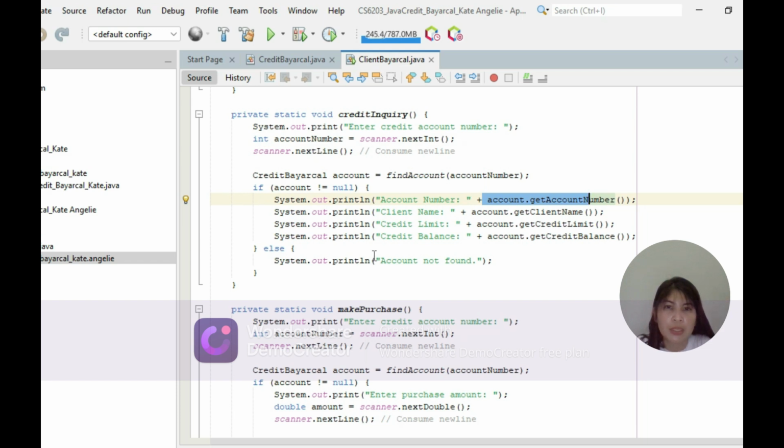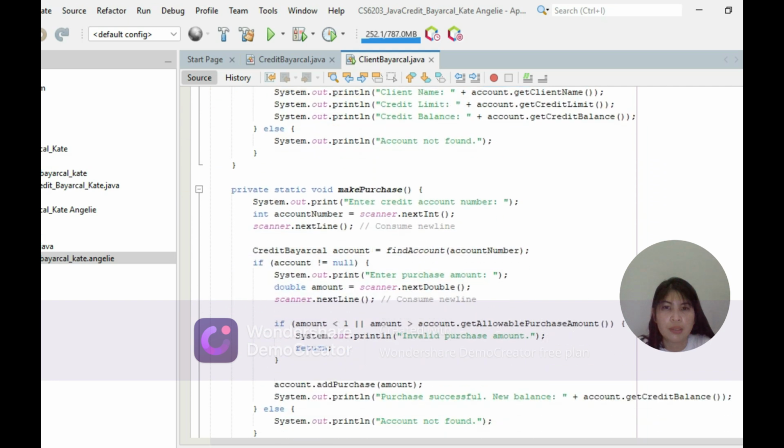So System.out.println("Credit balance: " + account.getCreditBalance()); So else, if there is another option or another function, System.out.println("Account not found");